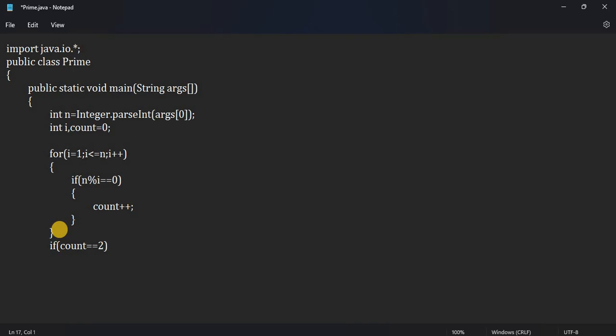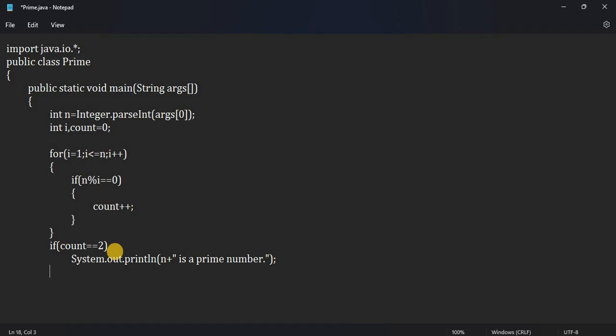So I'll be checking if the count value is 2. If the count value is 2, I consider that number a prime number. System.out.println(n + " is a prime number");